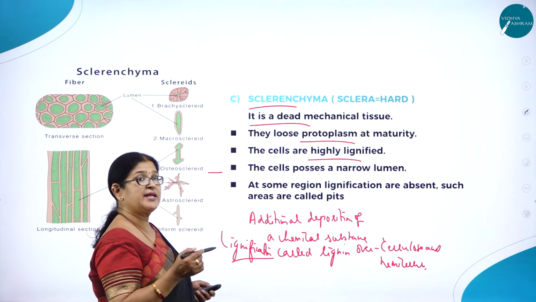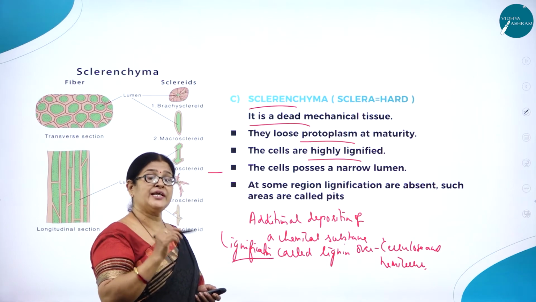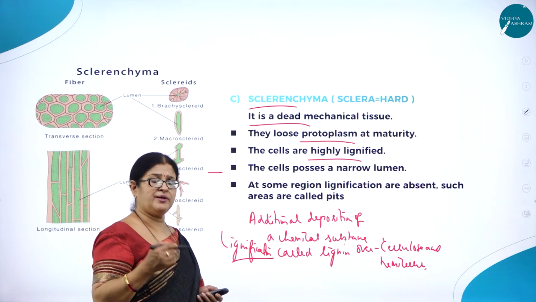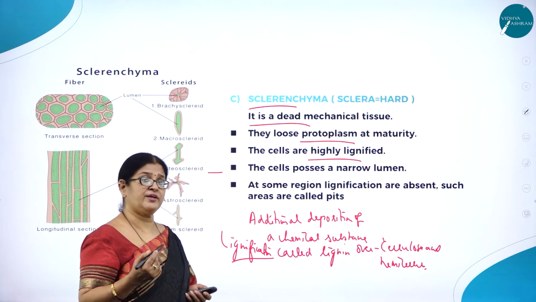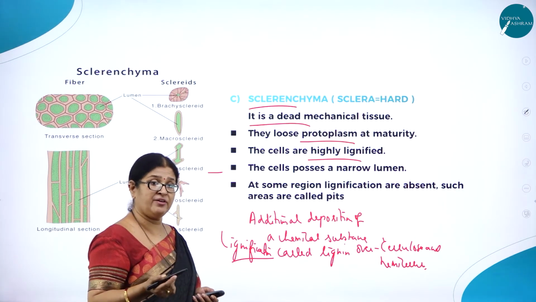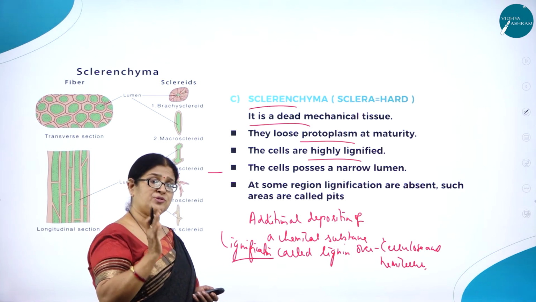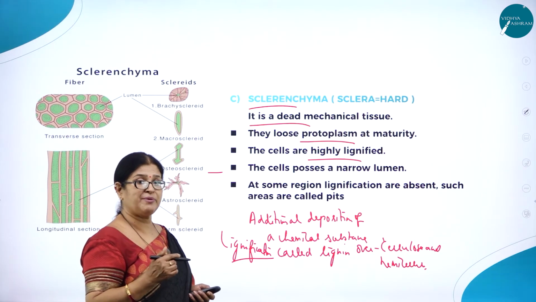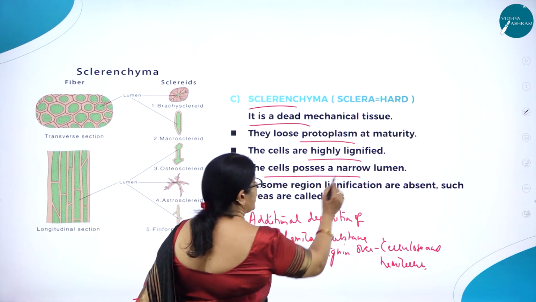So the cells are highly lignified, and it is because of this lignified cell wall they are able to give mechanical support. Imagine the huge trees. The plants, huge trees and the plants are subjected to environmental factors or environmental conditions, may it be heavy rainfall or a strong wind, but in spite of it the plants are able to stand straight, erect, and that is all because of the mechanical support that is given by the sclerenchyma tissue.